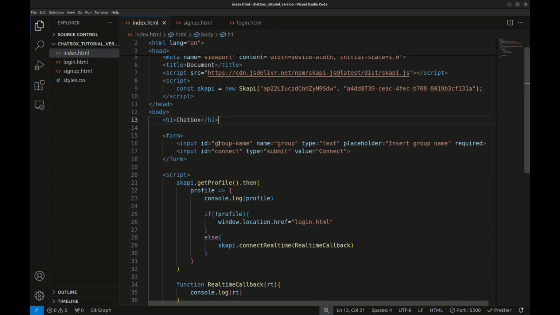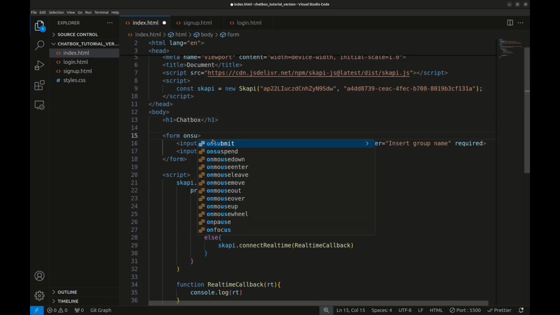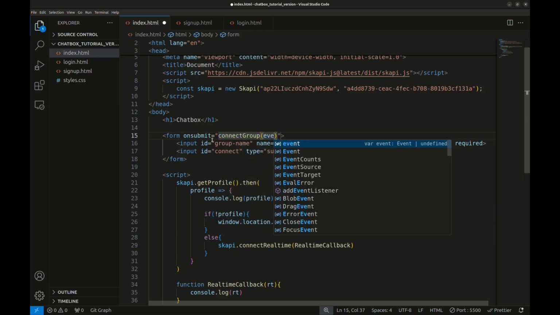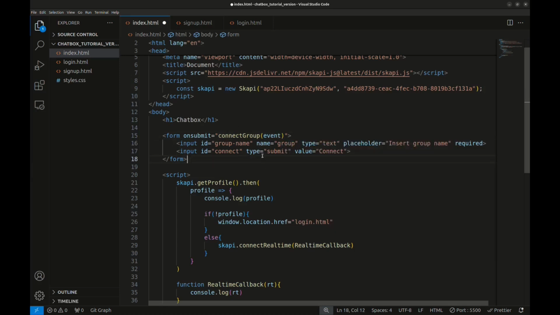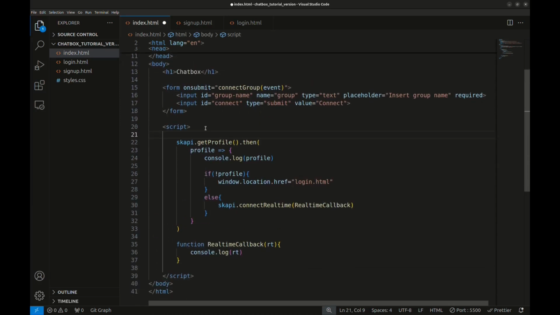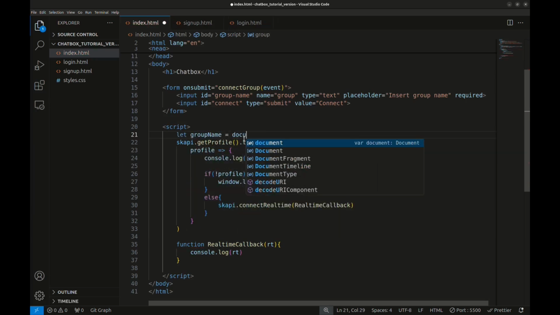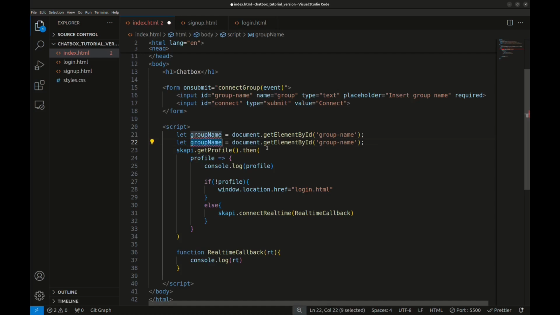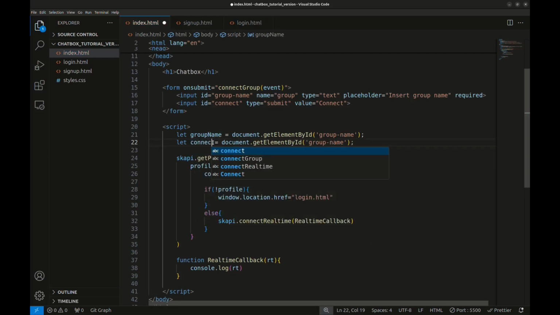So let's create a function. We are adding onSubmit to the form, and we're creating a function connect group, which we are passing the event. Let's go down into the script and create this function. But before, let's get all the values. Let's use let group name equals document.getElementById group name. And let's copy it and paste again, and let connect button equals document.getElementById connect, which is the